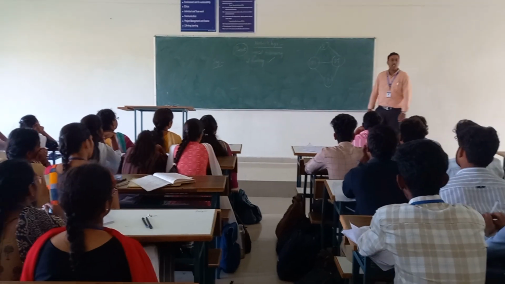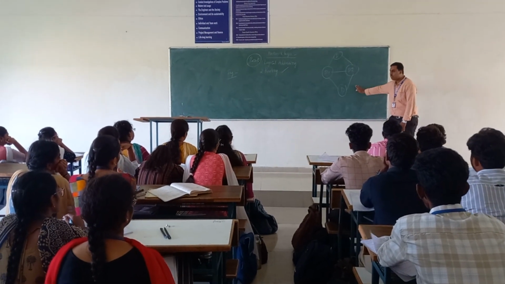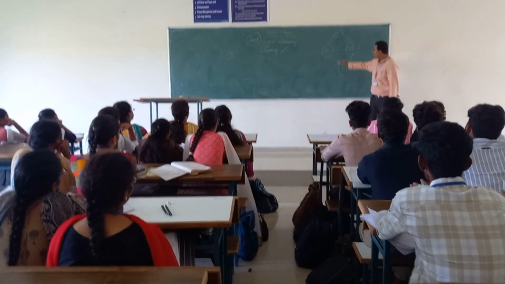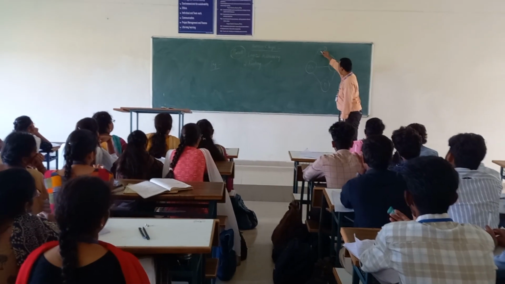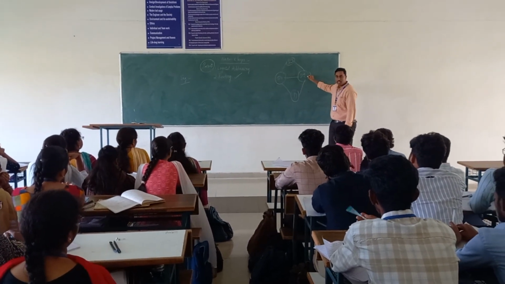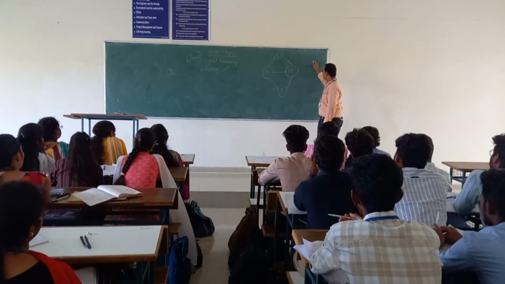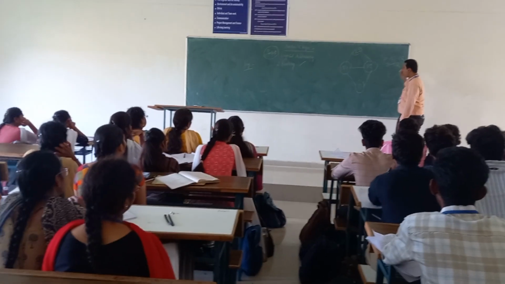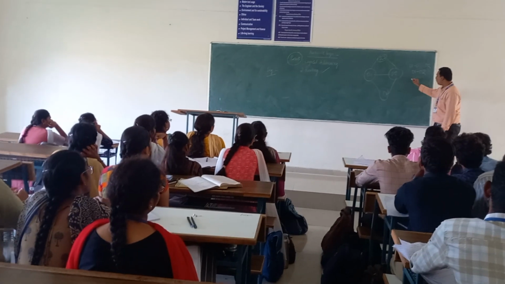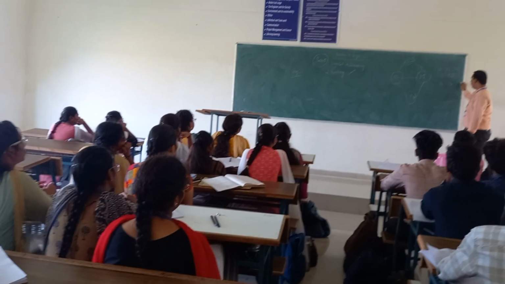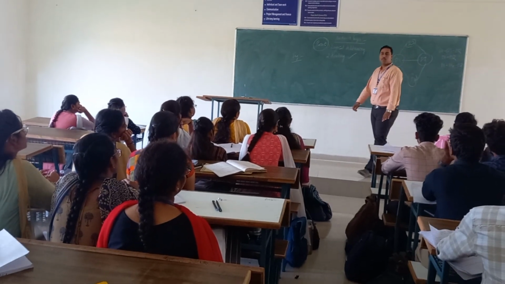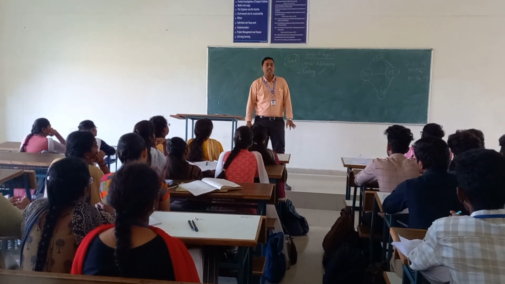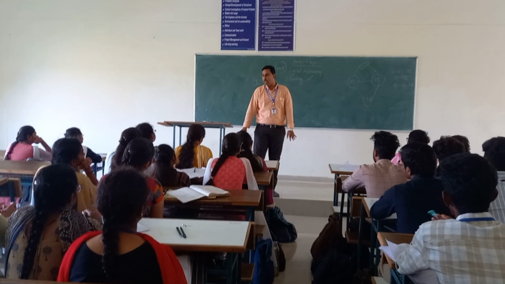Now, can you tell me what are the possible routes in this scenario to send the data from device 1 to device 2? I can send the data from device 1 to device 3 and device 3 to device 2. That means D1, D3, D2. It is one route. Another route is D1, D2. What is another route we have? D1, D4, D2. Which means in a network, as all the devices are interconnected with one another, there is a possibility of having multiple routes.